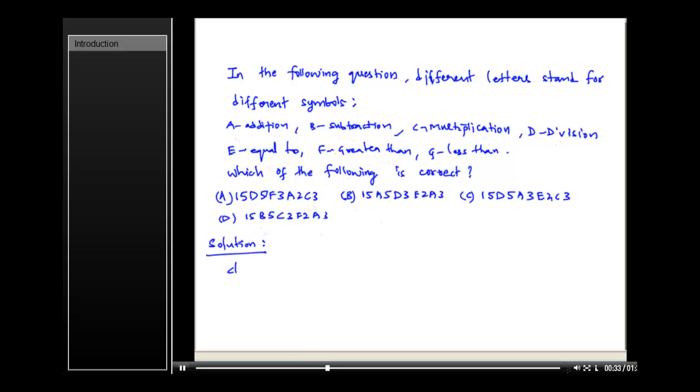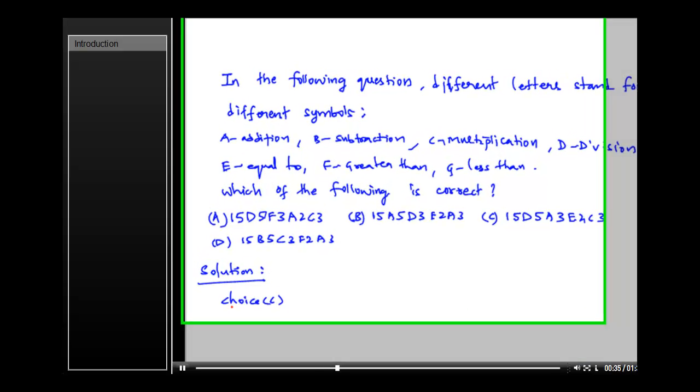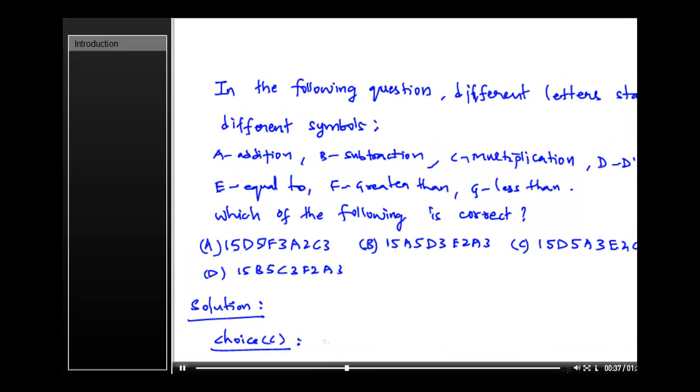Let us take choice C. Given expression is 15D5 A3E2 C3. This equals 15, D means division, and 5, A means addition, plus 3, E means is equal to 2, C means multiplication, into symbol 3. This implies